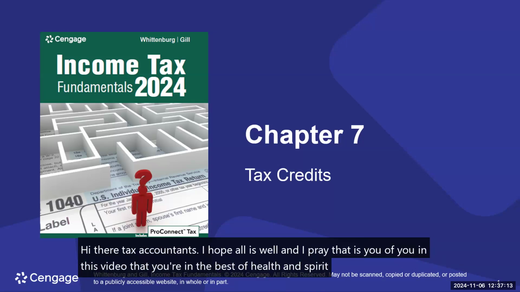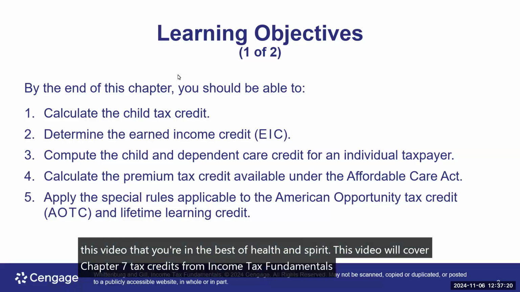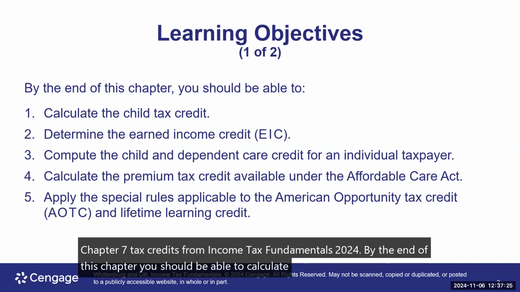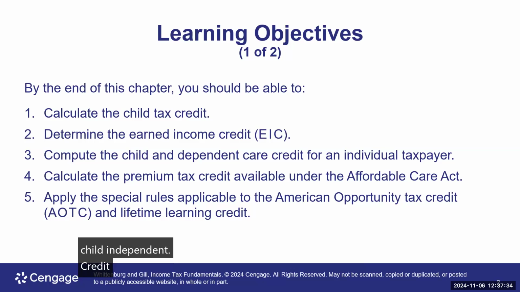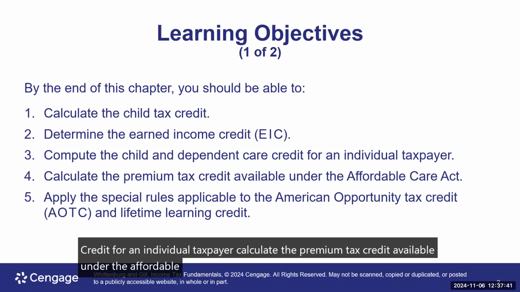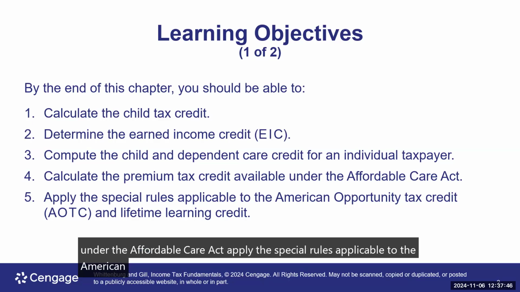This video will cover Chapter 7 Tax Credits from Income Tax Fundamentals 2024. By the end of this chapter, you should be able to calculate the child tax credit, determine the earned income credit, often referred to as EIC, compute the child independent care credit for an individual taxpayer, calculate the premium tax credit available under the Affordable Care Act, apply the special rules applicable to the American Opportunity Tax Credit, often referred